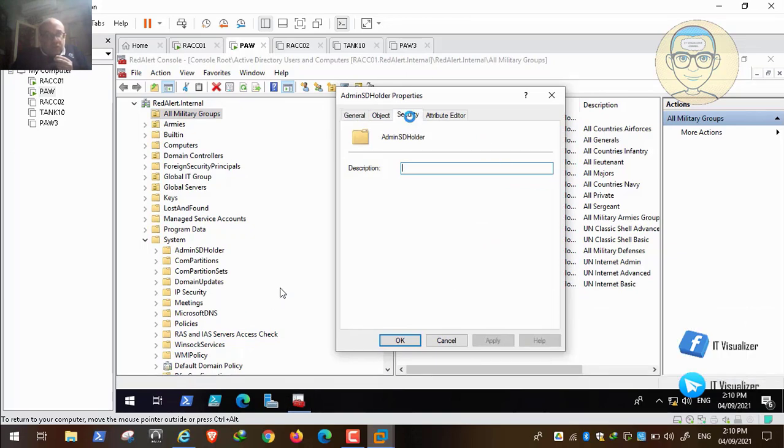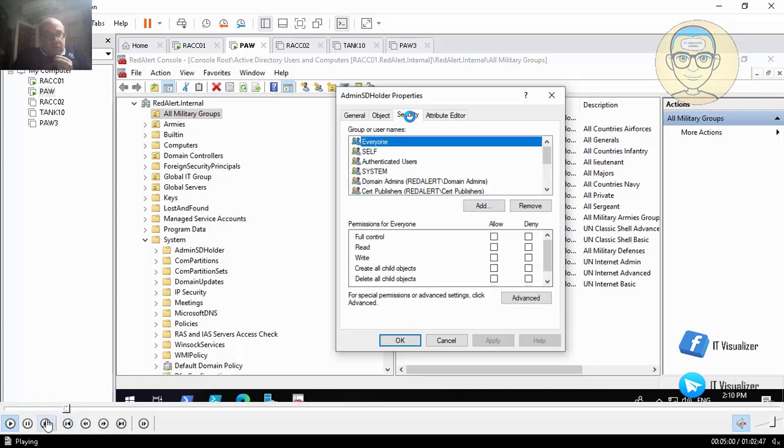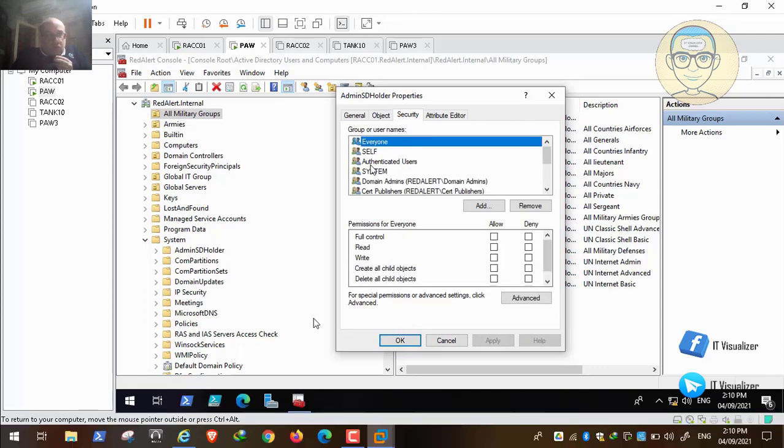Here we can see that there are some users or groups that have access to this folder. Everyone doesn't have, I think, read. Maybe authenticated users have read, and other groups. These are the default groups and users added to this folder. So we do not need to change it, we just need to revise it. If you open advanced,